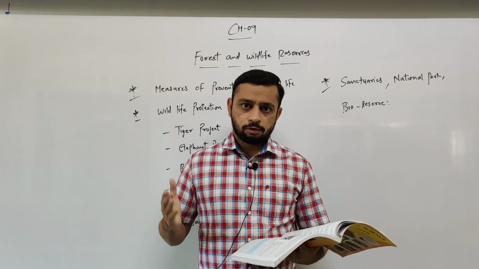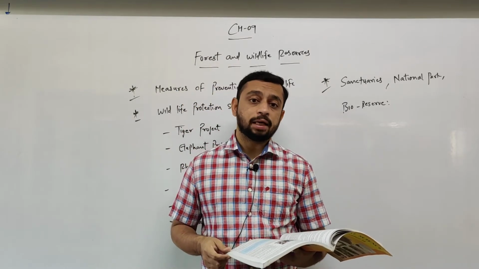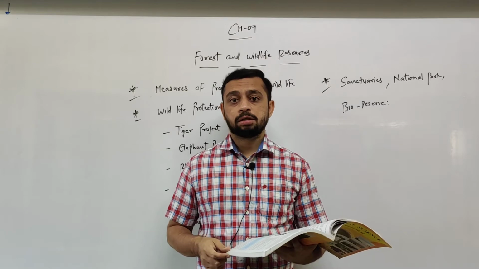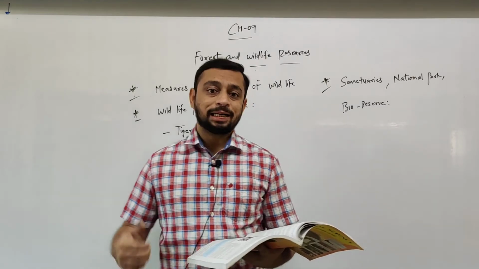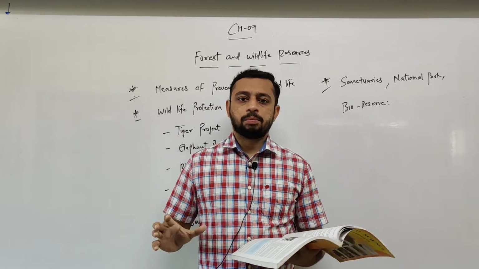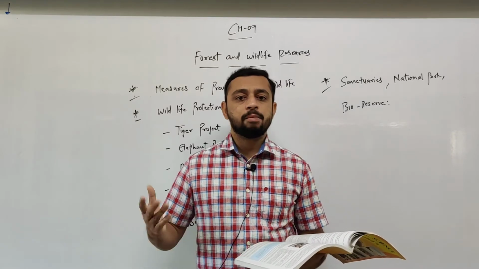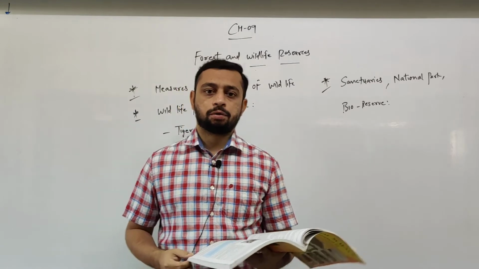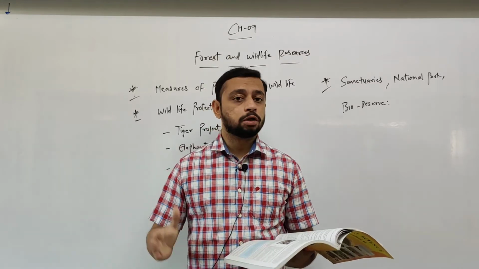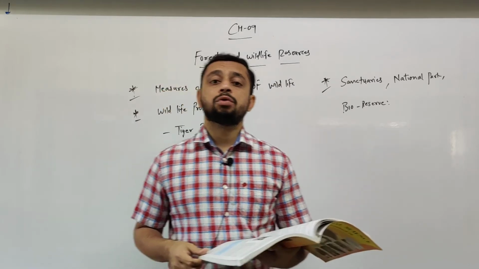Certain people consider forest as a source of income, because many things are available from the forest: wood, trees, plants, animals, the skin of the animals, the bones of the animals, the teeth of elephants, and many more things, right? So there are certain people who consider forest as a source of income because they think that it is an unlimited source. No, it's not an unlimited source. It's a resource which is limited, and if you constantly cut down the trees, that is deforestation, right? At a certain point of time, this resource will not be available.